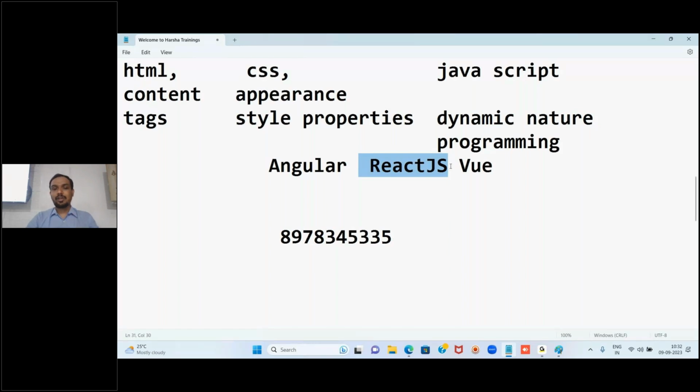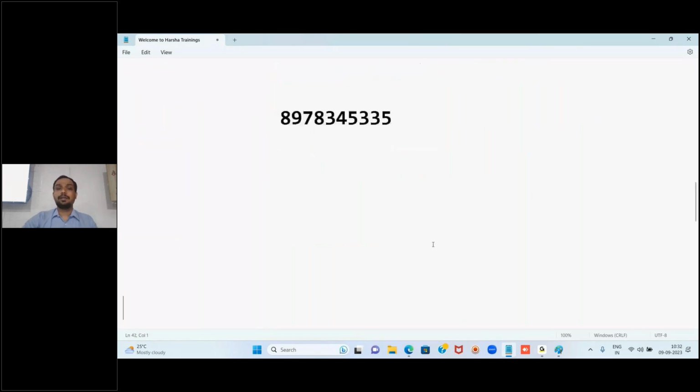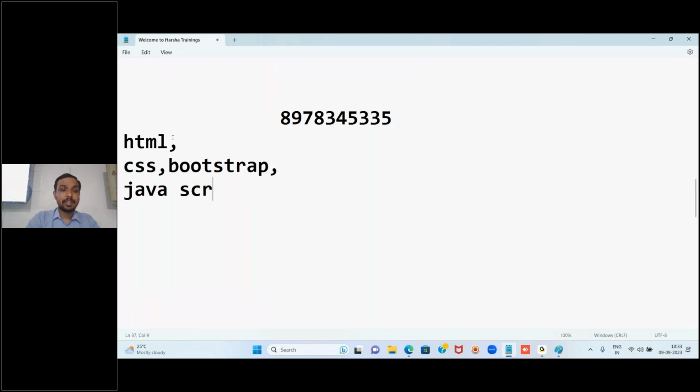Clear? Why am I talking about all these things? Because I am now going to tell you what we are going to learn in our course. On the front end side, you will be learning HTML, CSS, and there will be one ready-made CSS library, Bootstrap. It's not a technology, it's a simple ready-made CSS library, but we will discuss that. Next is a language called JavaScript, which you will be learning.